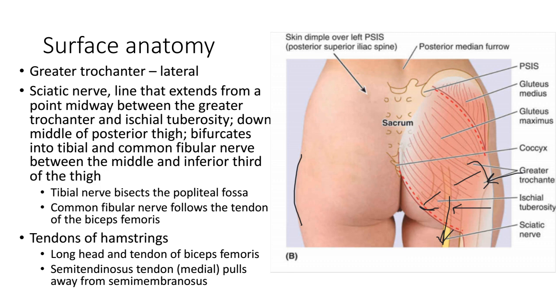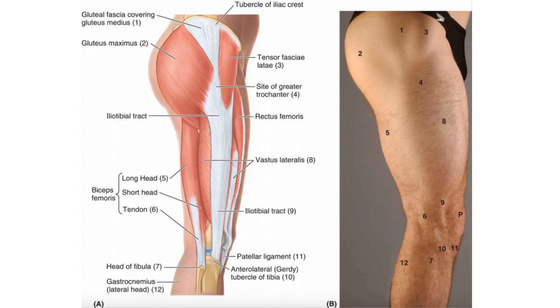And you should be able to pull the semitendinosus tendon away from the semimembranosus muscle. Here is some other surface anatomy that you should be able to locate. Number 1 is the gluteus fascia that's covering the gluteus medius. Number 2 here, this is the gluteus maximus. Number 3, this is that tensor fascia lata that will attach to the